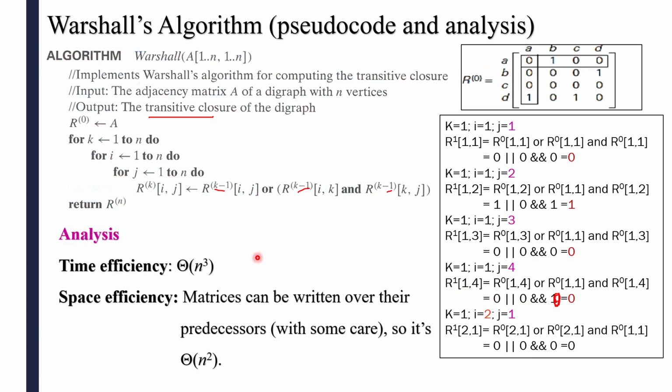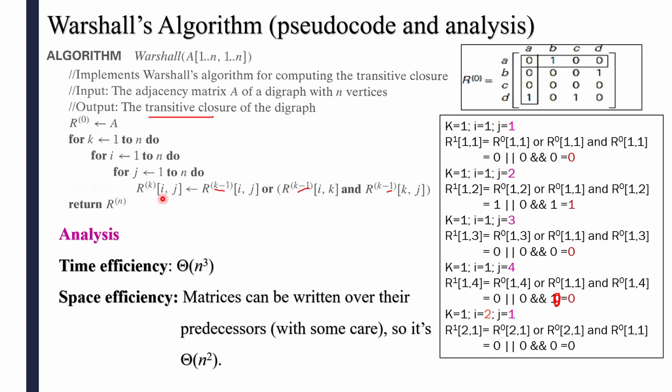Okay. So now we'll go for the analysis. Time efficiency. As I told earlier, if for loops are 3, then what is it? 1 for loop, n. For 3 for loops, you will get n cube here. See here, you are using something extra as space efficiency here. What does space efficiency mean? On every iteration, what solution will we get? This R0 and this solution will be taken as a reference here.